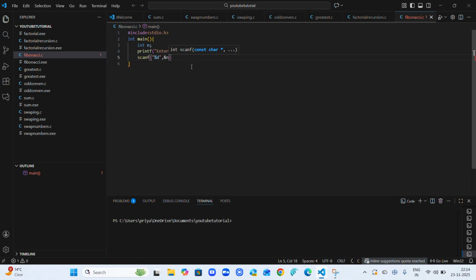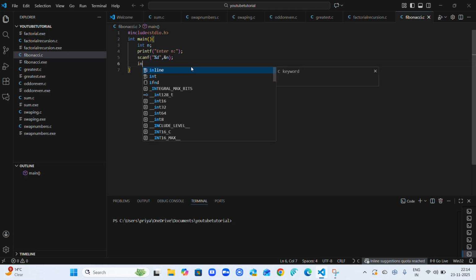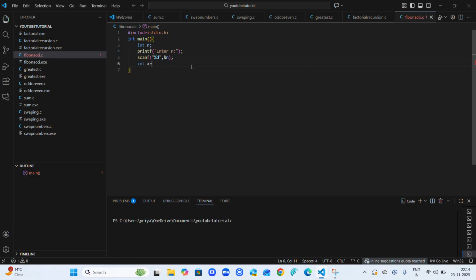n. So after taking input from the user, I'm going to call the function, and I'm going to store it into a variable, int x equals fibo, and I'm going to pass the value of n over here. And now let us create the function fibo, which we are calling over here. So I'm going to create fibo